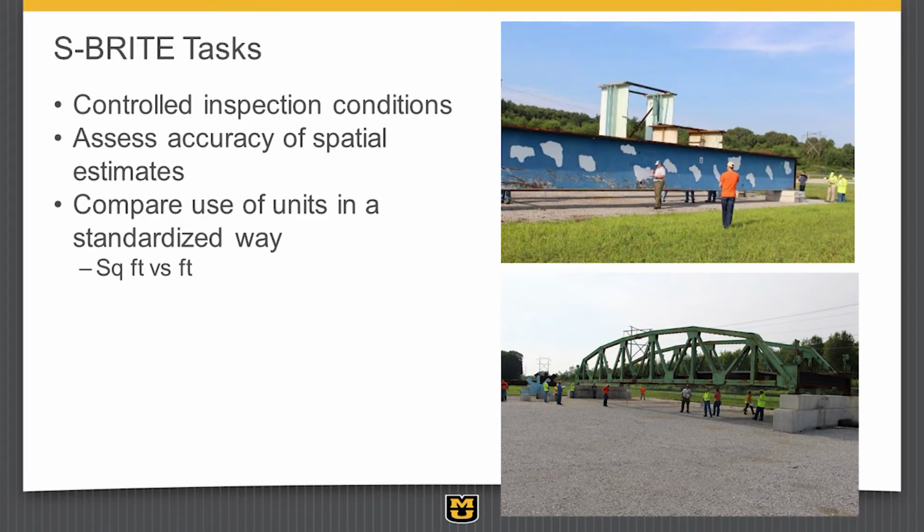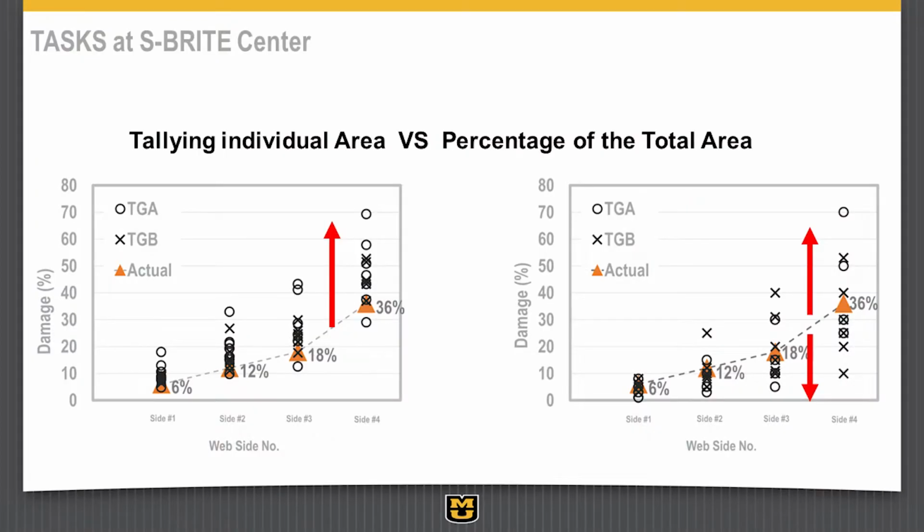But we had this plate girder bridge, this one on the top here, the blue, with some white appliques on it. We said, okay, just go through and estimate what the area is just by looking at it and give us an estimate of the area. Then we rearranged the white appliques because we could take them off and make them different. They said, okay, now go through and tally them all and tell us how much it is. And so the results kind of look like this. On the left here is the tallying results where they went through and tallied up all the areas. On the right is when they just estimated the percentage of the areas, okay?